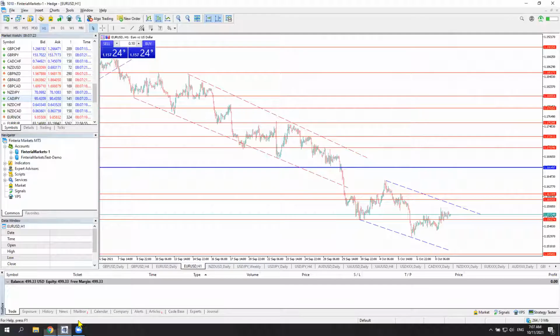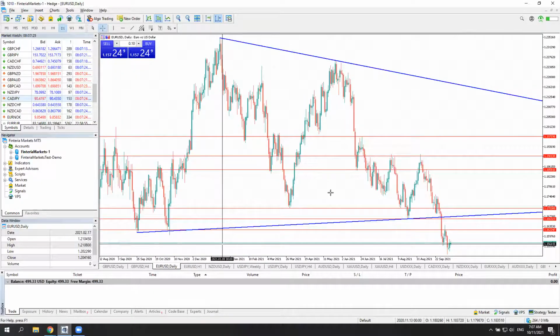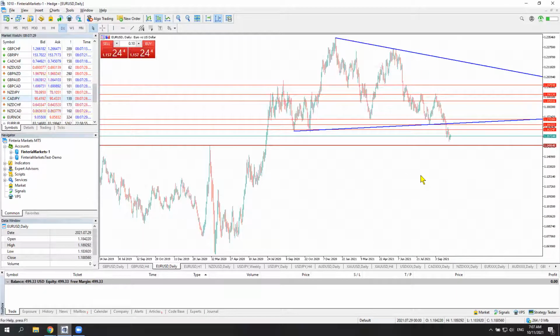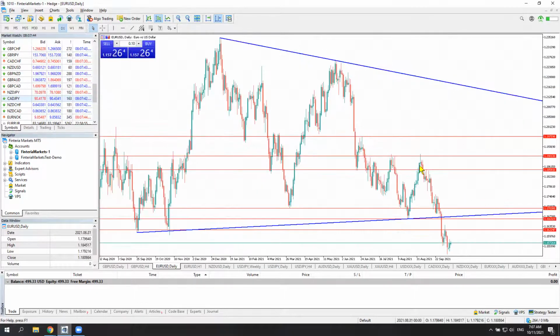So let's move straight to the charts. I'm going to start with a daily chart on Euro-dollar. Once again, it's always good to start from higher time frames to look at the global picture and understand what's happening. Here, once again, we broke this triangle on the daily chart. We're moving much lower. The chart in general in this part looks quite bearish.